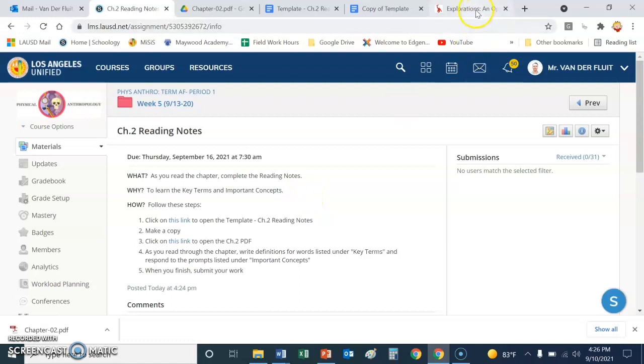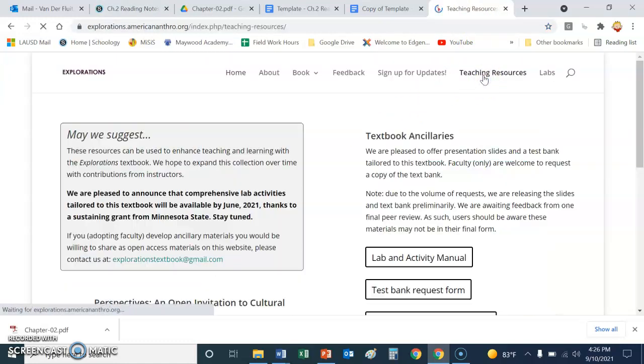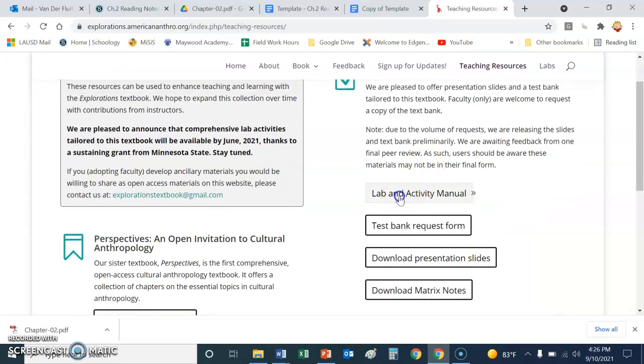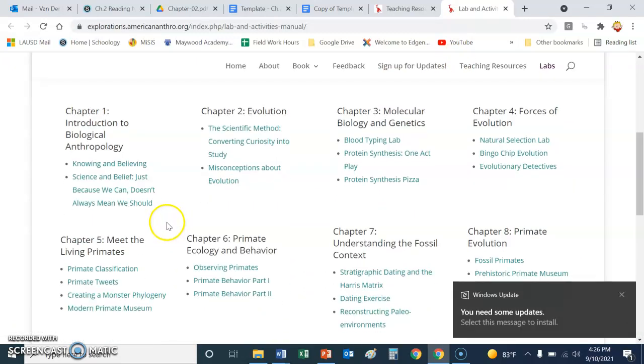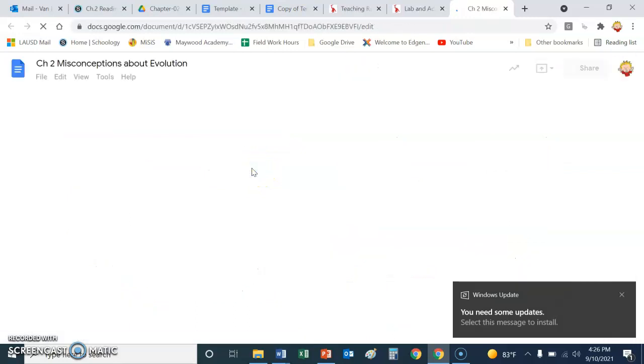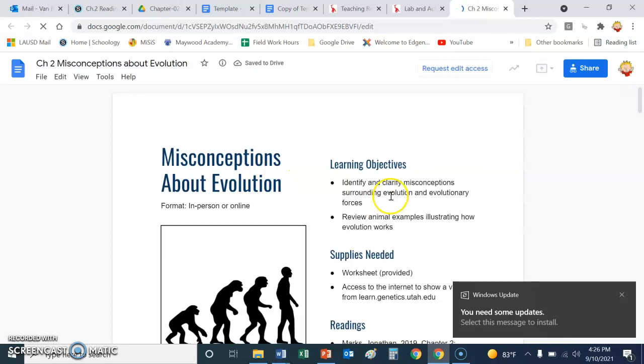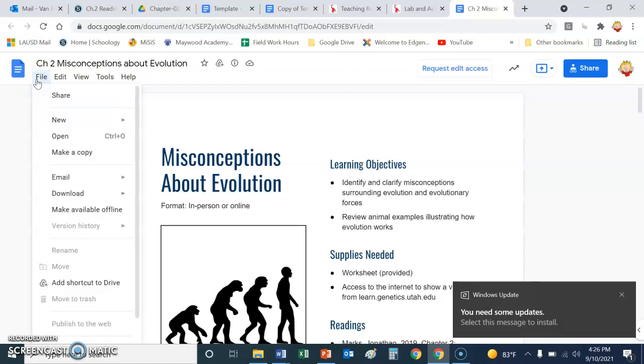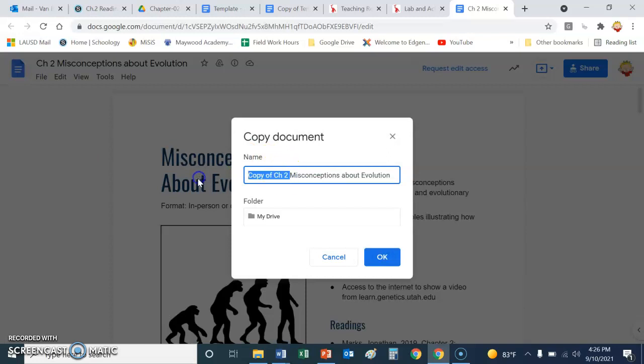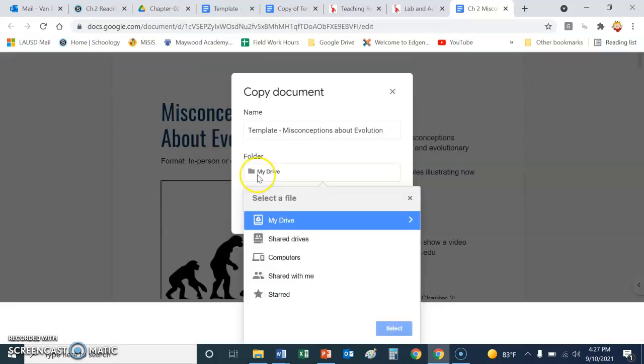Now, if you want to assign other things, for example, there are a lot of good labs and activities, and those you'll see here, also sorted by chapter. So let's say I want to do the misconceptions about evolution. That seems like a good activity. So here it is. And then, again, I'm going to make a copy of this, similar to what I did for the reading notes, right? I'm going to make a copy. I'm going to call it template. I'm going to put it in my drive